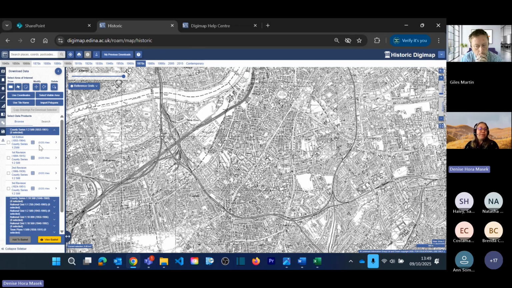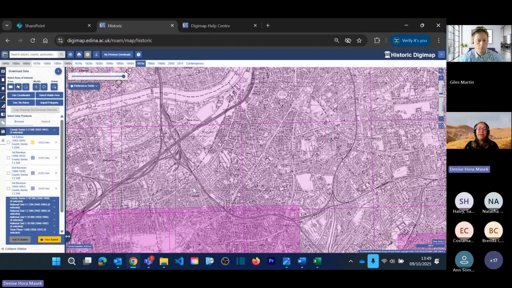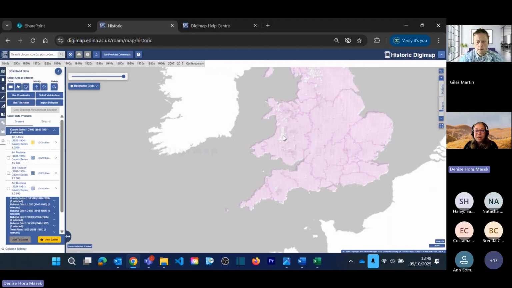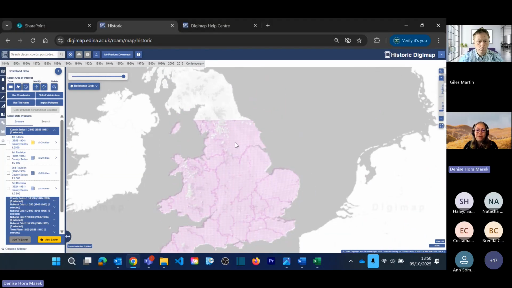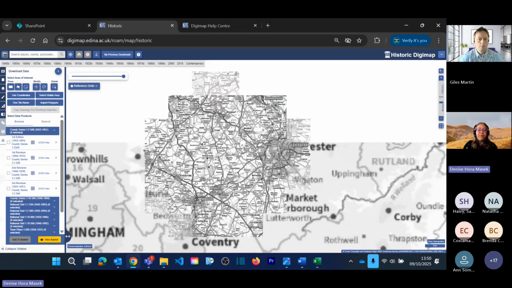How are you going to see if you have them available? You can look at the availability grid, which is these little squares here. If the map turns pink, that means that map is available. And you can do it for each one of them. So I have availability here for all the maps. If I zoom out a little, so you can see the white parts here, they are where the map is not available for download. So you can look at the availability grid, and once you are happy with that